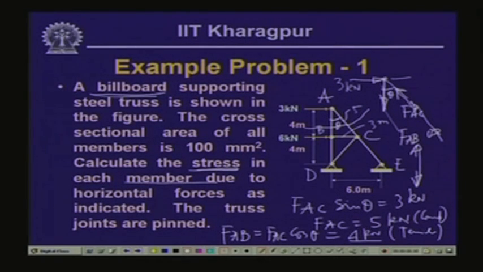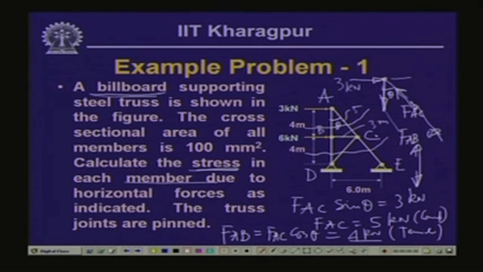So, this divided by the cross sectional area, 5 kilonewton divided by 100 millimeter square will give us the stress in FAC, and correspondingly 4 kilonewton divided by 100 millimeter square will give me the stress in FAB. Likewise, we will have to compute the forces in this bar, in this bar, in this bar, and in this bar. Now, supposing if I cut the